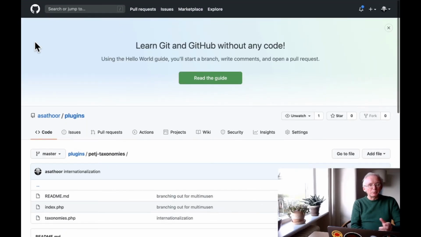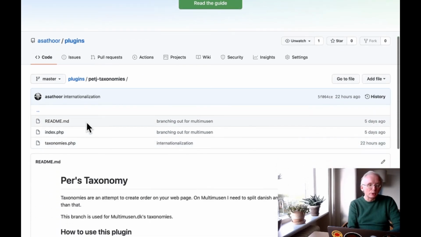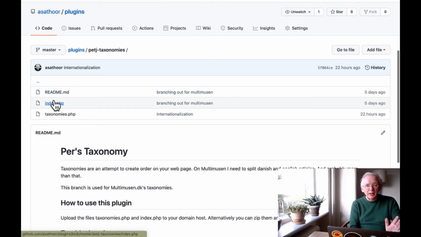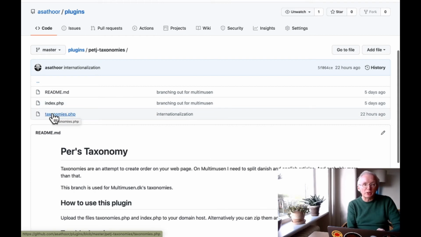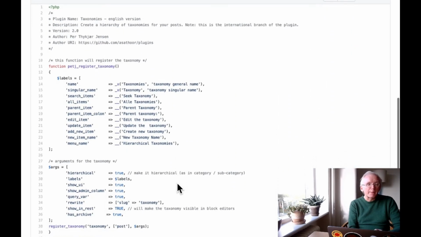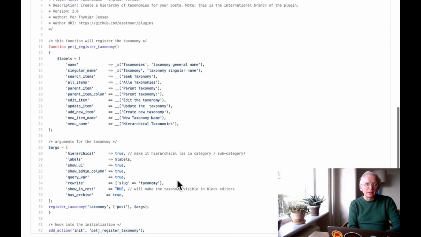Here you see my GitHub repository. My GitHub repository is called github.com/aethathor, as you see it here, /plugins. And the plugin that we want to see or use is this one. You can see that in this directory we have 3 files. One called readme, that's just this explanation. Then we have a blank index.php for security reasons. And then the code that I just demonstrated a moment ago is found here in taxonomies.php. And in reality, this is the file that will create the plugin